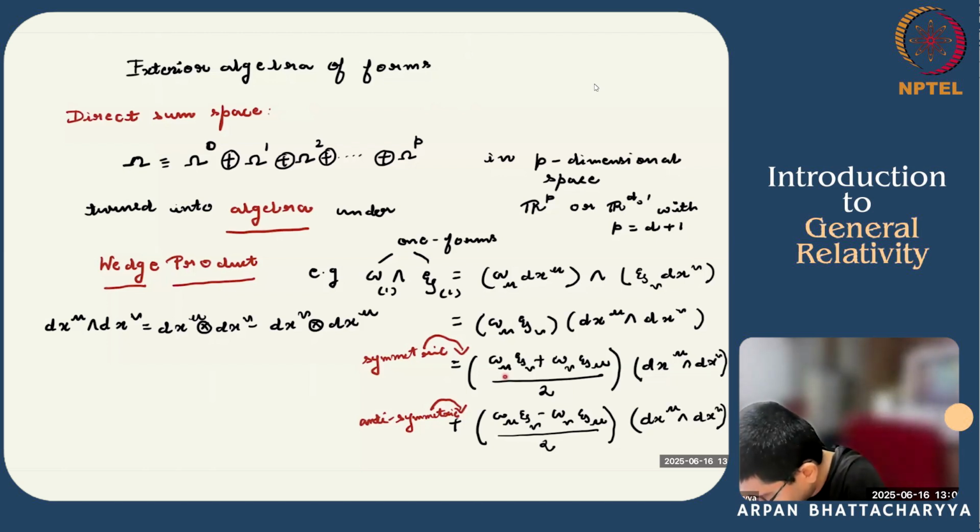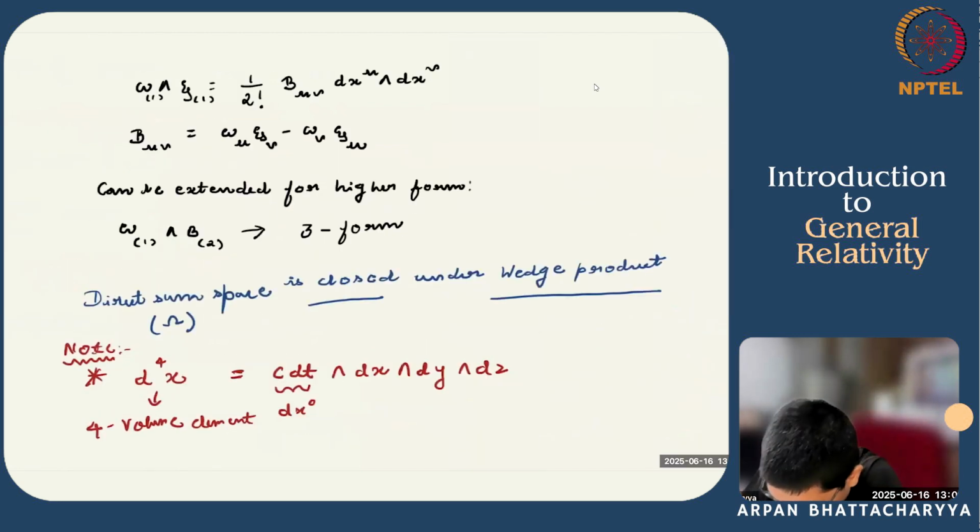Now, when these indices are contracted, it is very easy to argue that because this is contracted with the symmetric part, it will not contribute, and only this part will remain. Now, this is nothing but a two-form. So the wedge product of a one-form with a one-form is a two-form, which we denote by this capital D, whose components are now these. You can see this is antisymmetric in mu nu, and dx^mu wedge dx^nu provides the corresponding basis.